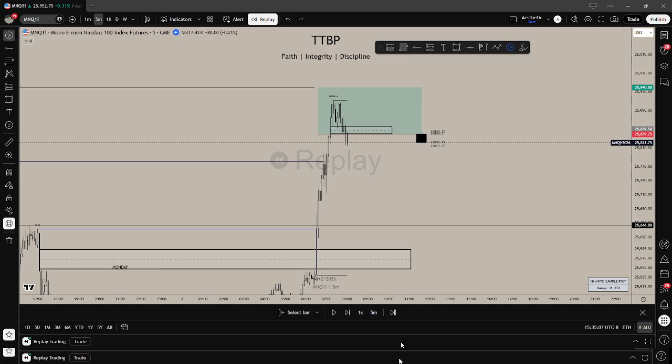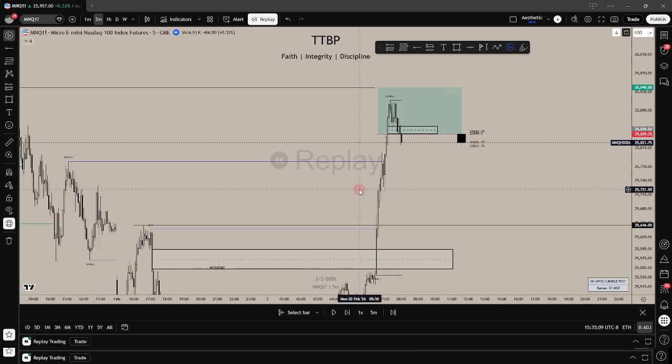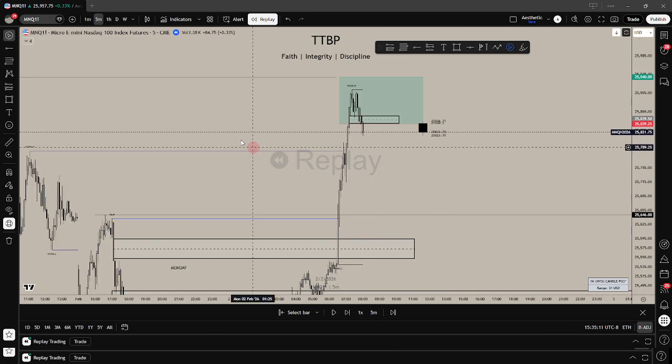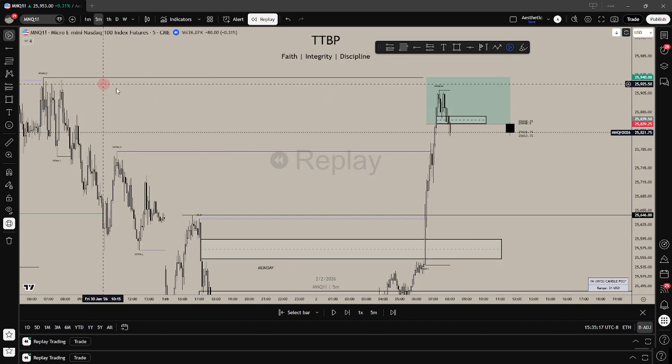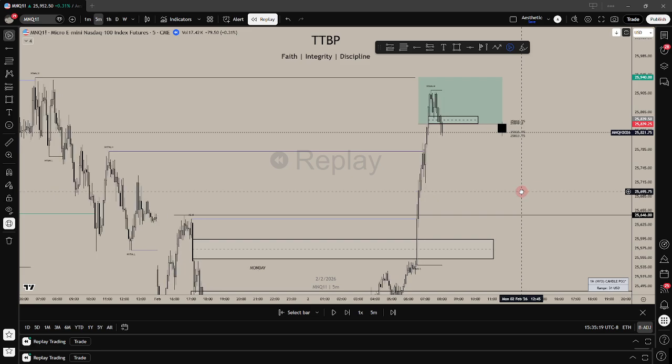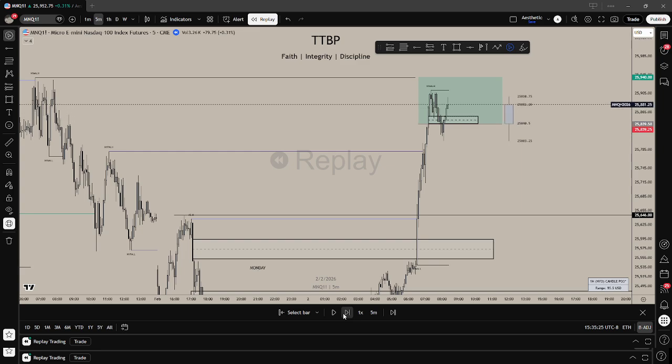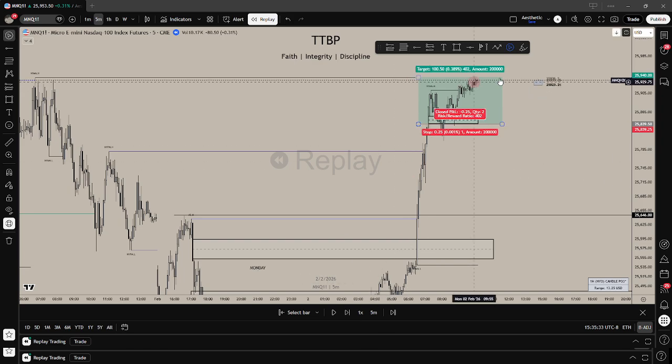Just for the idea's sake, we trade a higher time frame draw on liquidity, right? So a higher time frame was these rejection highs, which ended up also being the New York pre-market highs. So price eventually comes up, taps our TP. Okay, we would have got full TP